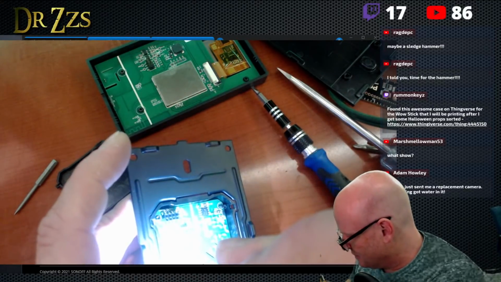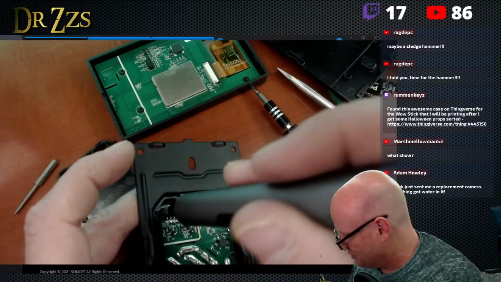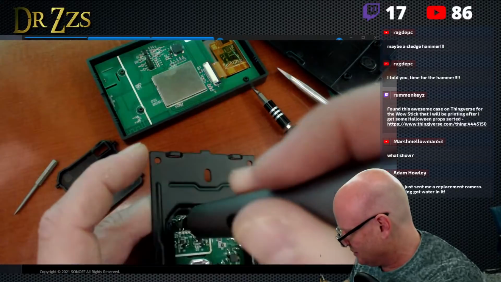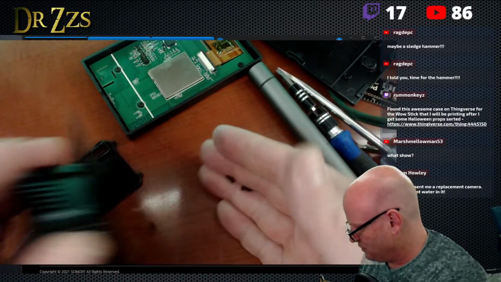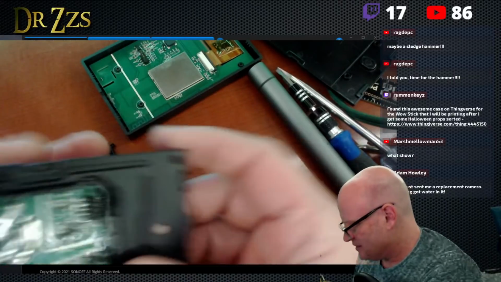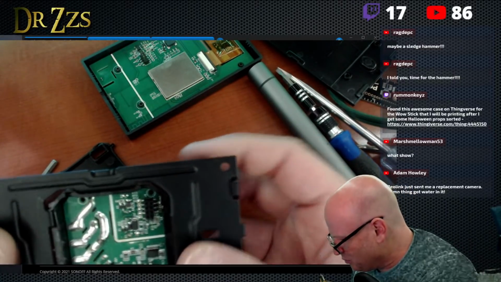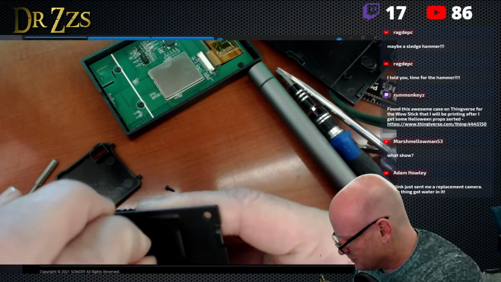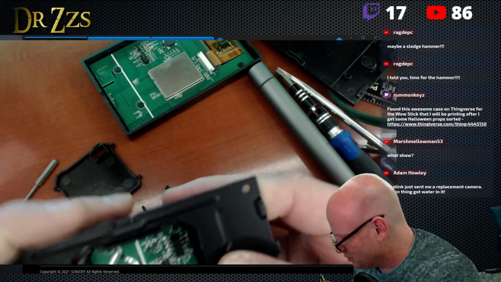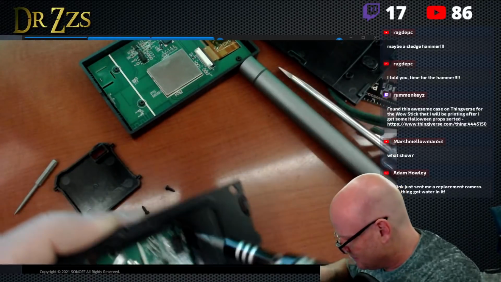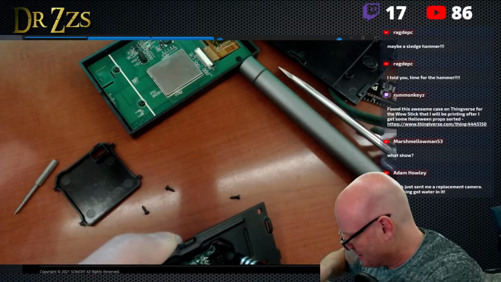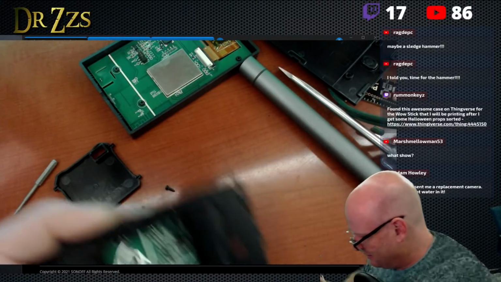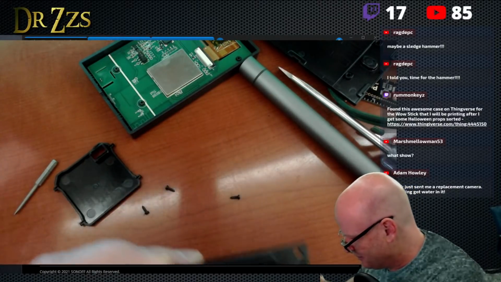But this is, as we suspected, just the high voltage stuff. This is the relay. The relay board. It's glued in there. There's some glue on it, I think. I can see a little bit of glue in the crack right there.